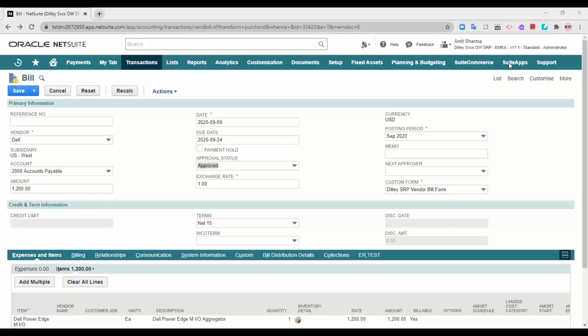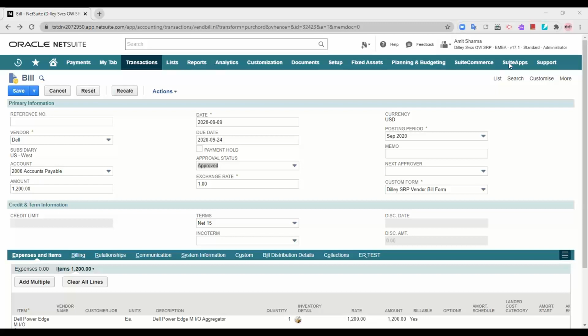But in the vendor return authorization form, the status is not like the other forms, which have pending approval, approved, or rejected. Here the status is pending approval or pending return.